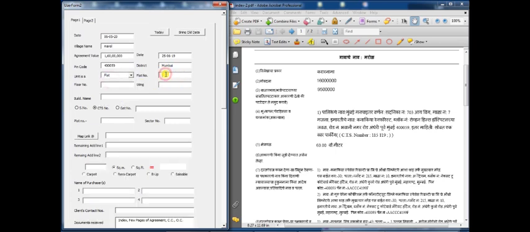Here enter the unit number. The floor number will automatically get written here. If it is 702, then 7th floor. If it is 1102, it is 11th floor, and so on. Here we will enter the building name.